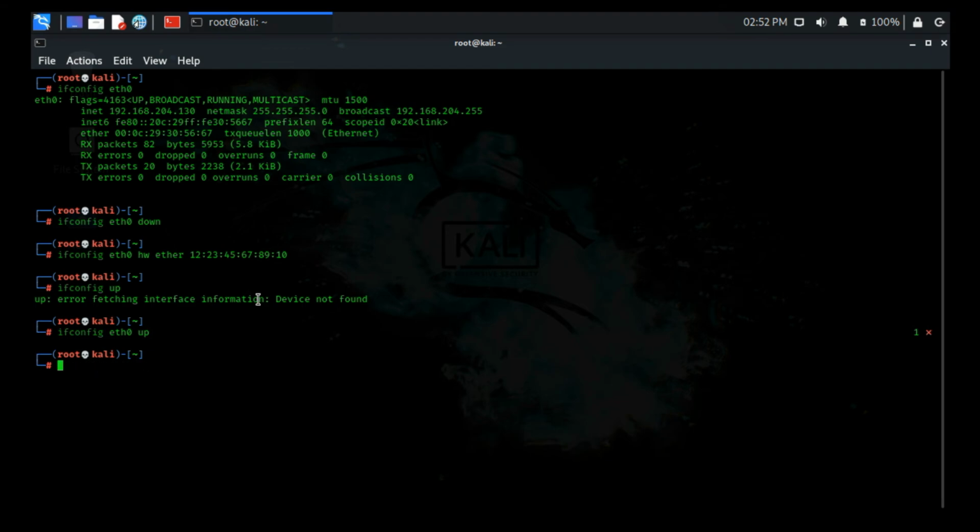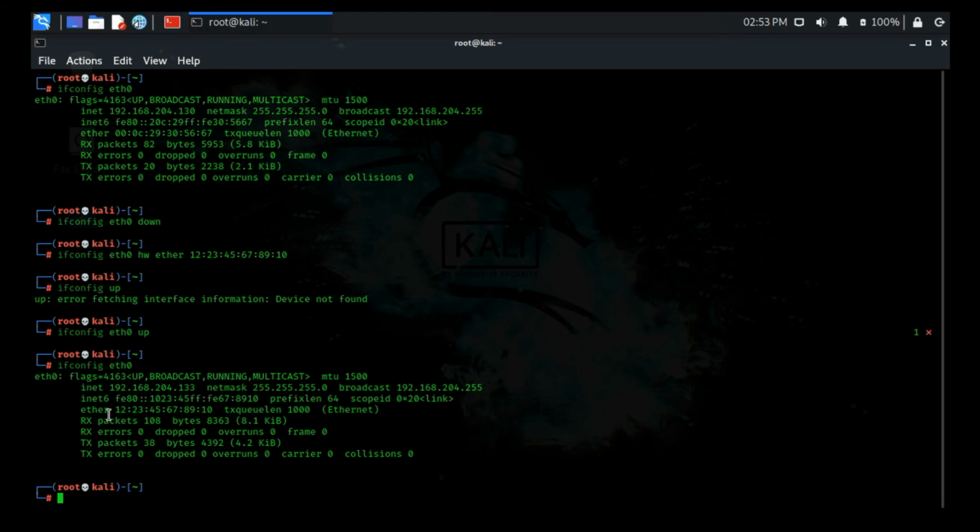Let's check the MAC address now. ifconfig eth0. So here you can see my IP address, and here you can see my MAC address. We have successfully changed our MAC address by using these simple commands.